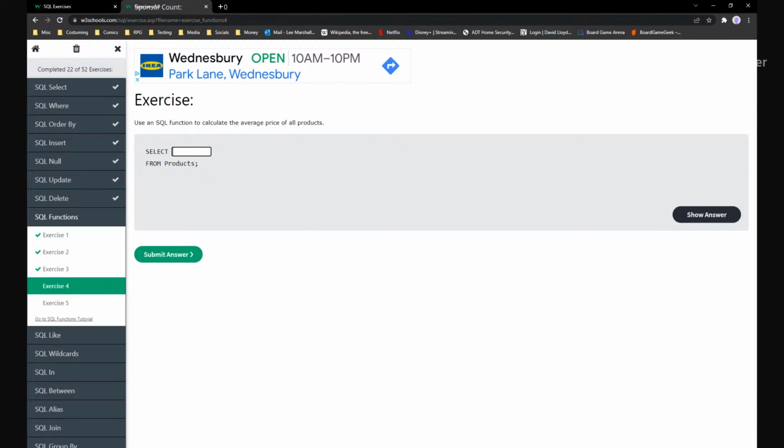Using an SQL function or SQL. I don't know why I'm flipping between the two. I call it SQL. It's just using an SQL function. It sounds terrible. I would say use a SQL function